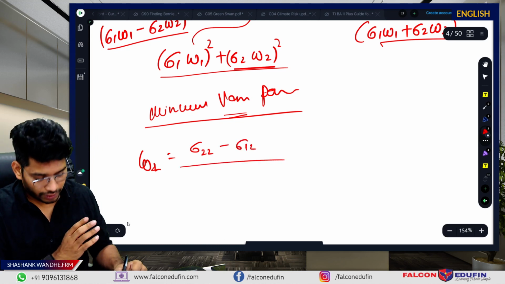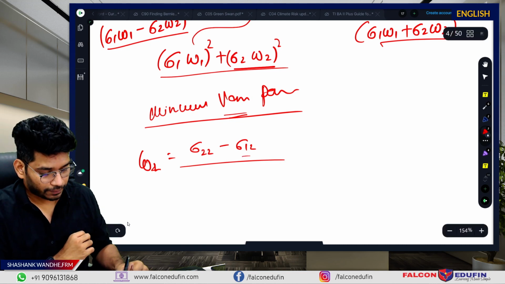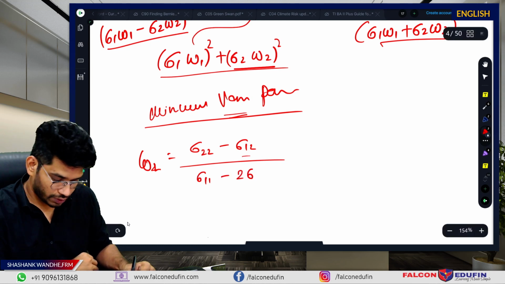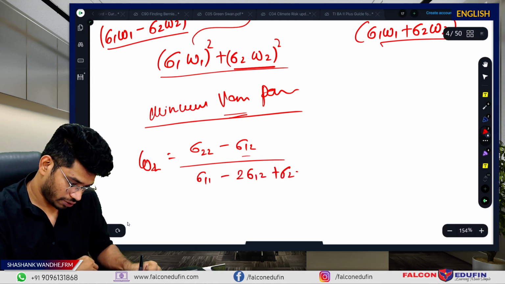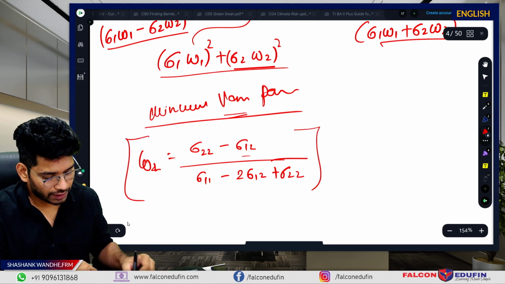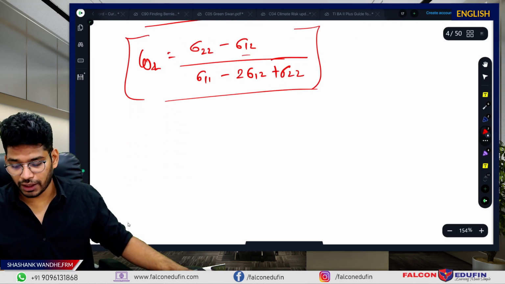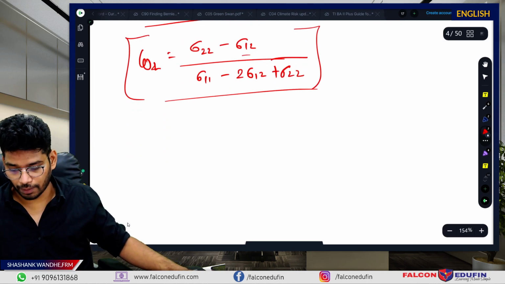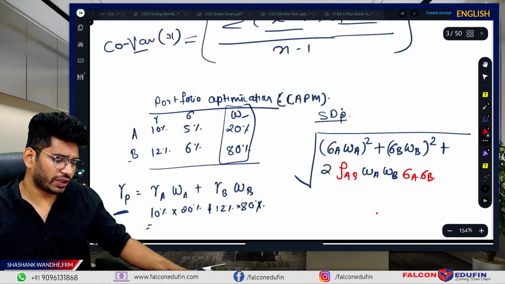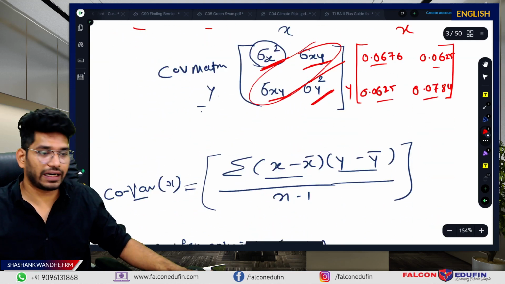So sigma 2 minus sigma 1 2, that is a covariance. Then sigma 1 minus 2 into sigma 1 2 plus sigma 2 2. These types of questions don't show up in the exam. And if GAP asks, this is very wrong, because anyway you will construct a minimum variance portfolio using the computer, not like this. Fine. This is about the portfolio part or the statistics part of this multivariate discussion.